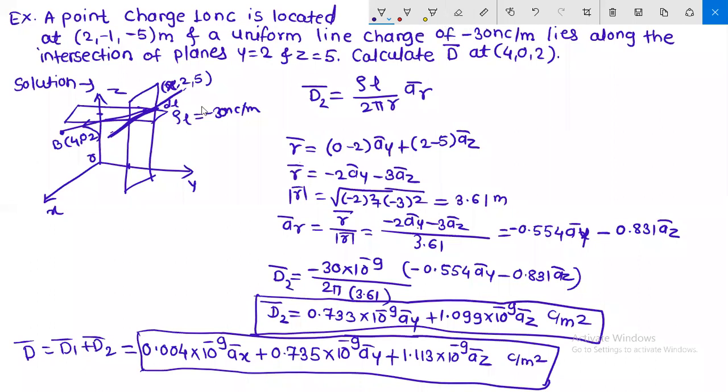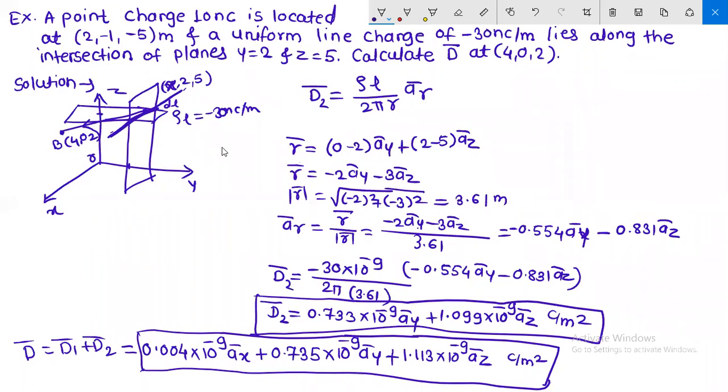And one more point, in such type of examples for both electric field intensity and electric flux density, remember 2 points. For point charge there is no change. For line charge just skip the coordinate along which the line is parallel. Means if the line is parallel to or on the x axis then skip the x coordinate, and same for y and z coordinates. Means skip that coordinate.